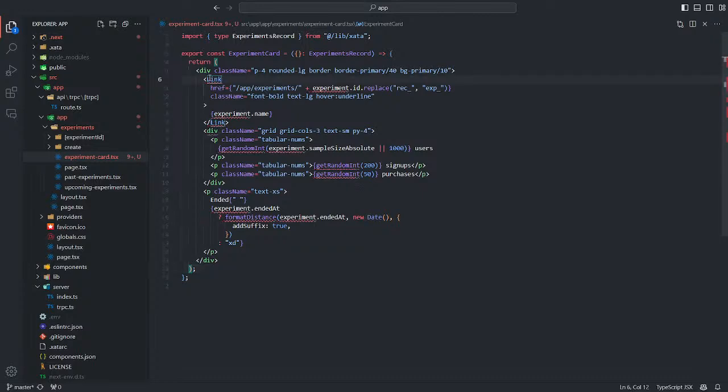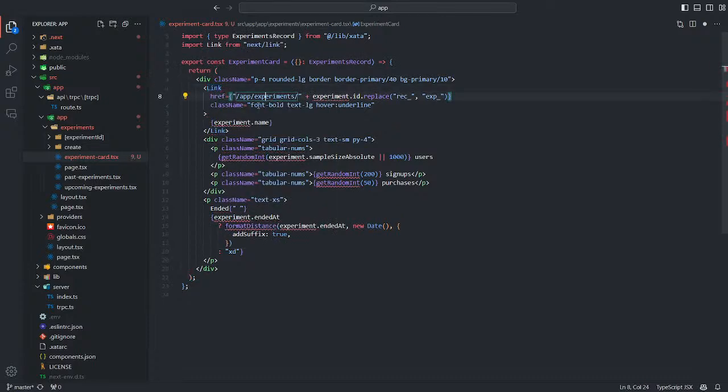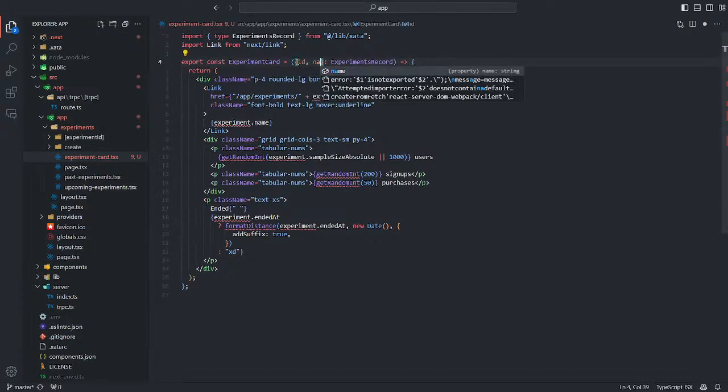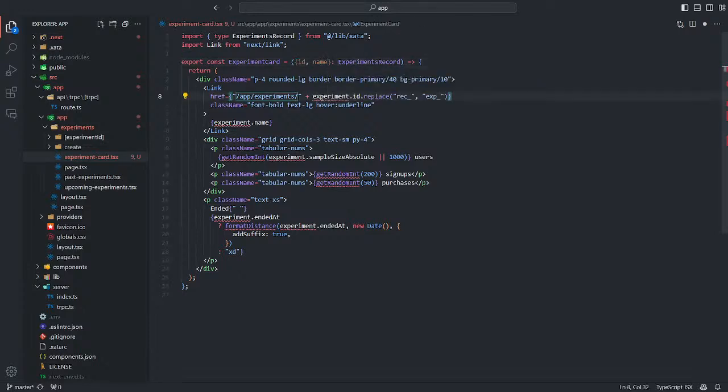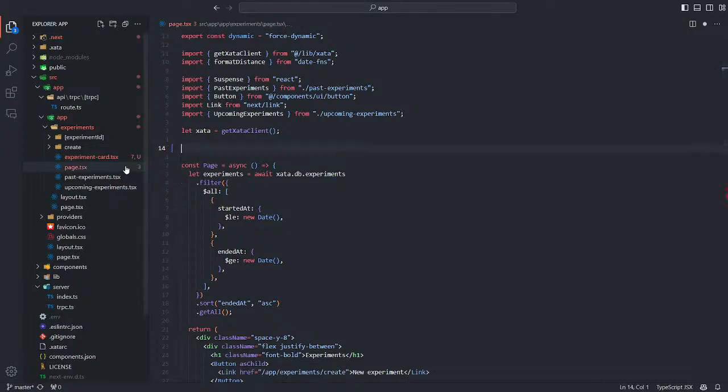I think that's the code. We can import directly the ID, the name, get random int. I think that's here. Function get random int.